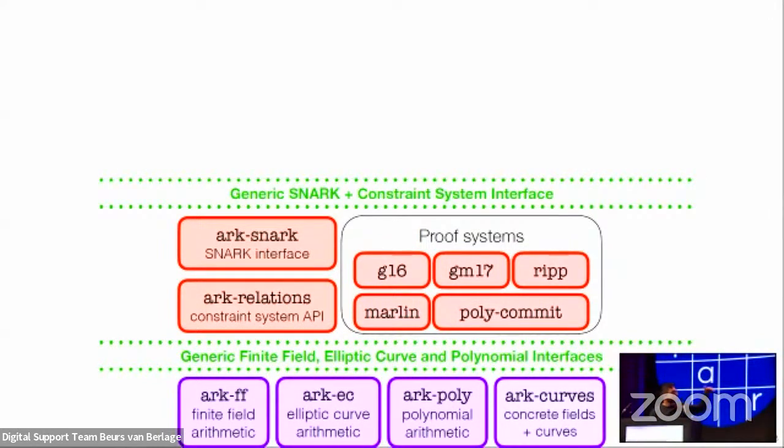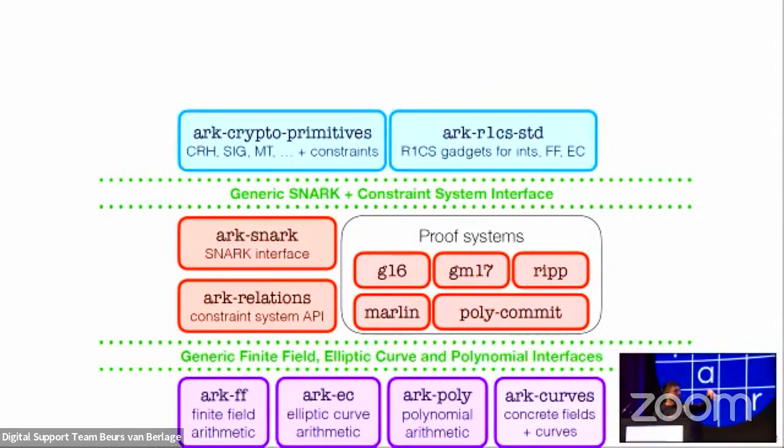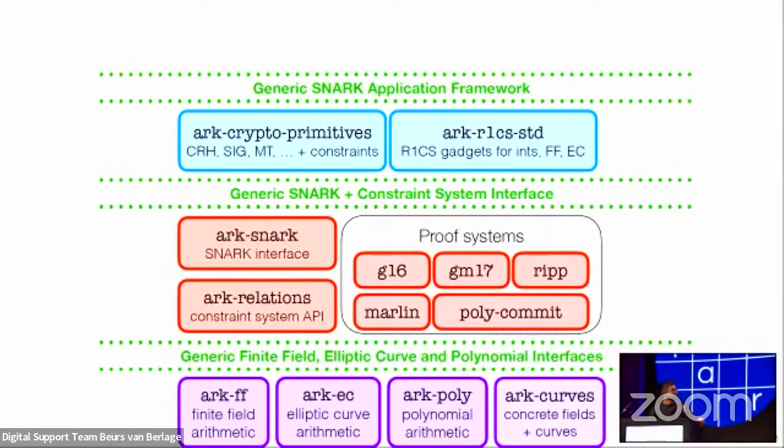And then we hide all of that complexity behind our generic interface and use this to construct gadgets or constraints for popular computations such as cryptographic primitives, things like unsigned integers, finite field arithmetic, elliptic curve arithmetic inside ZK-SNARKs. And this is relatively non-trivial to do because the cost model of ZK-SNARKs is different from your normal computation. Okay, and together all of this comprises a generic SNARK application development framework,